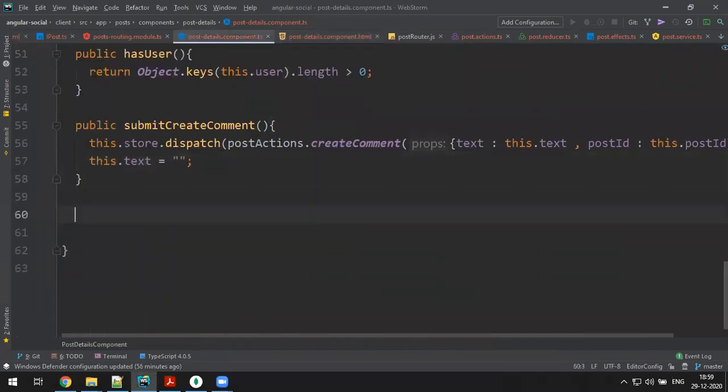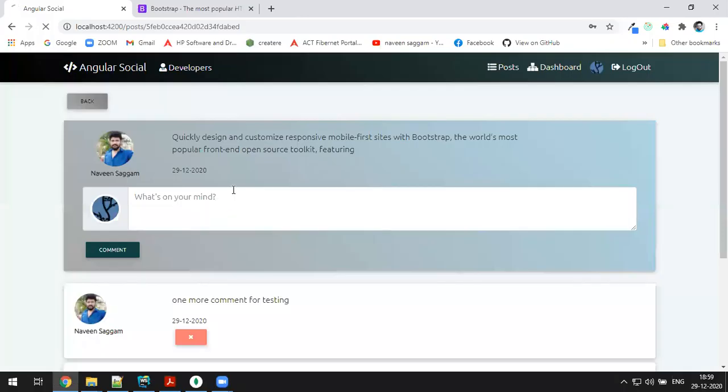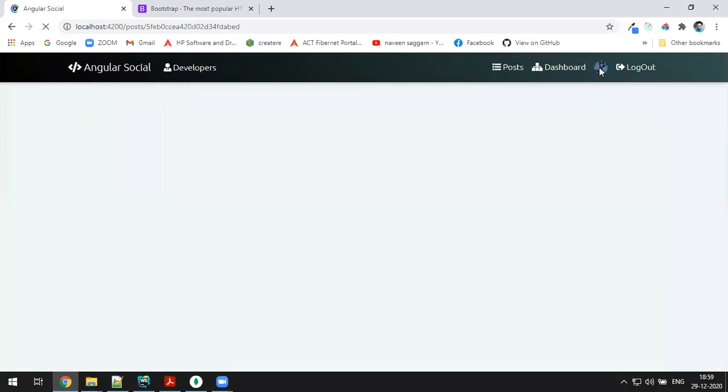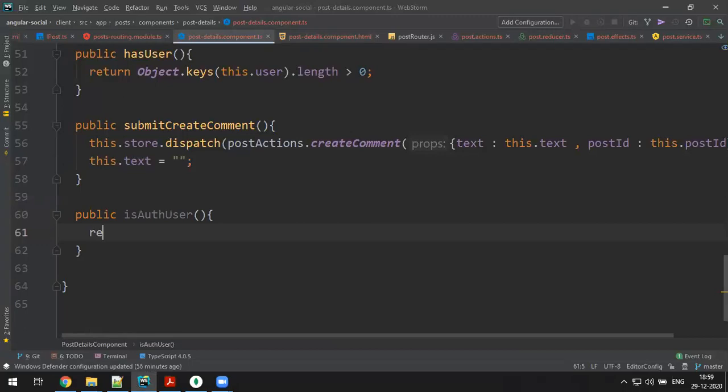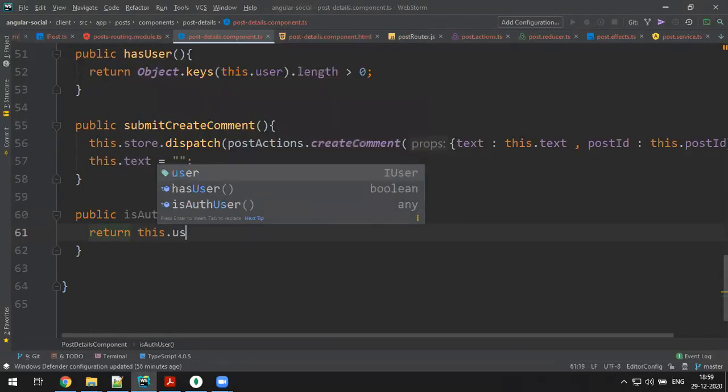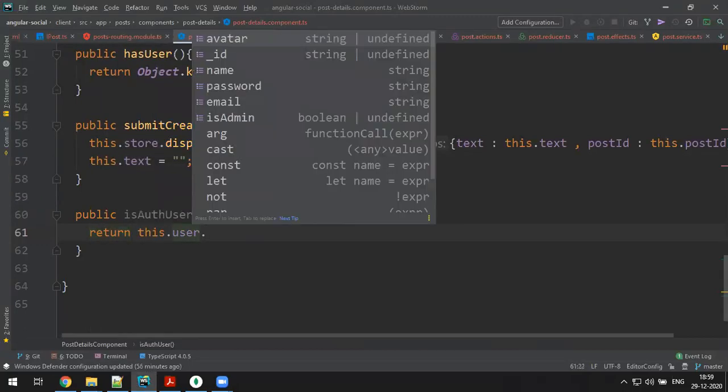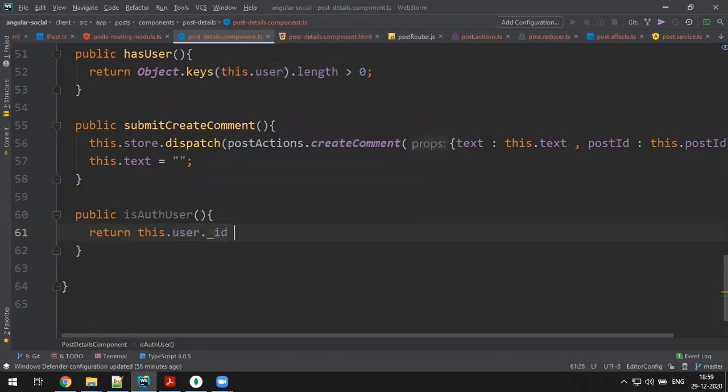Let's make one condition: public is auth user. Is that authenticated user, to display the cross symbol. What condition do you check? Logged-in user ID and comment made ID. Correct, na? Yeah, return this dot user data dot ID is equal to comment.